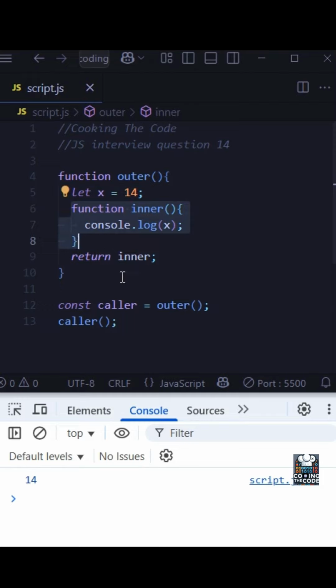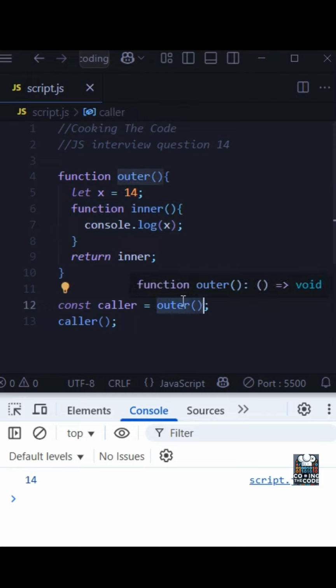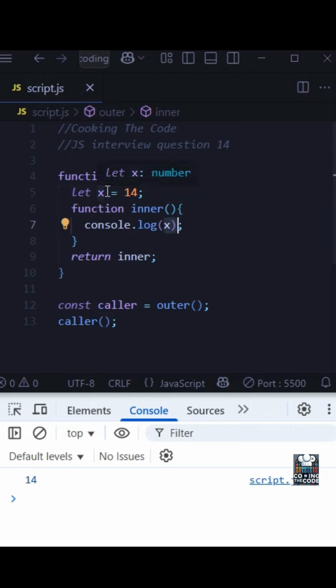Okay, so even though over here I have called this outer function, and that has returned, what has that returned? If you see, the outer function is returning this inner function, right? So that has been stored in this caller variable. Okay, now since this inner function has a closure with this outer variable, it is able to retain that value. Okay, since again this x is in the lexical environment of this inner function,